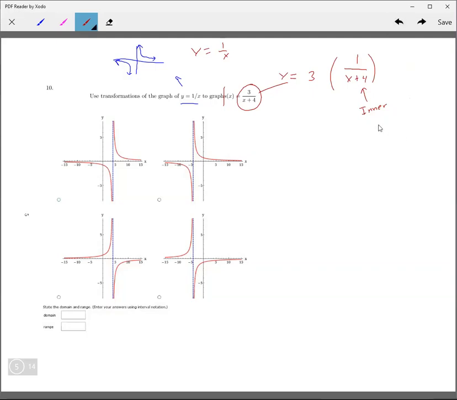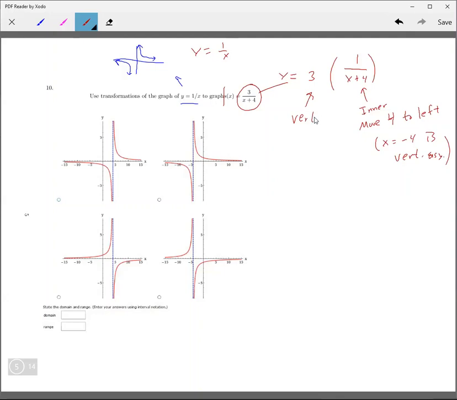So it's gonna move the graph left, or what's the word? Okay, translate. I'll just say move. That's probably wrong, but move 4 to the left. Okay, and also you can kind of tell that x equals -4 is a vertical asymptote. Okay, so here x equals 0 is a vertical asymptote. So you're going to move that 4 places to the left, and then the 3 is just going to be